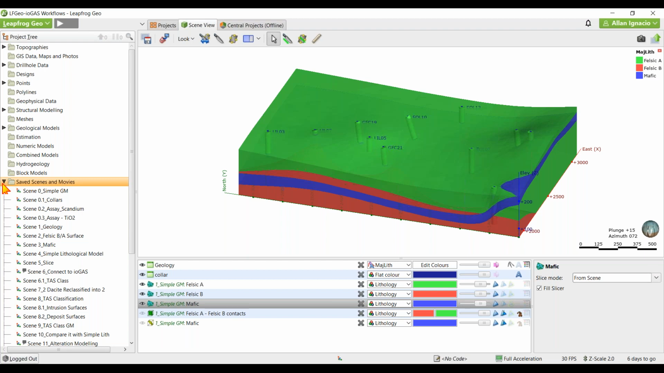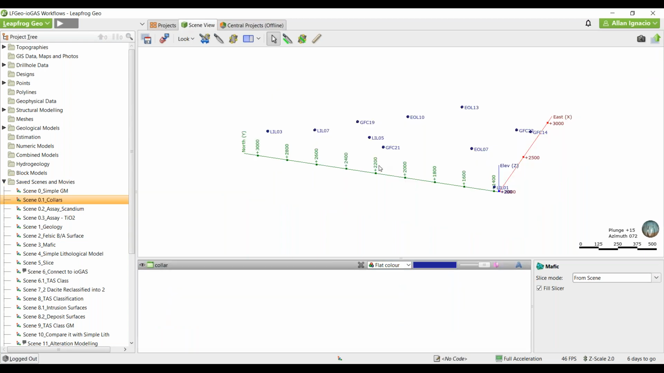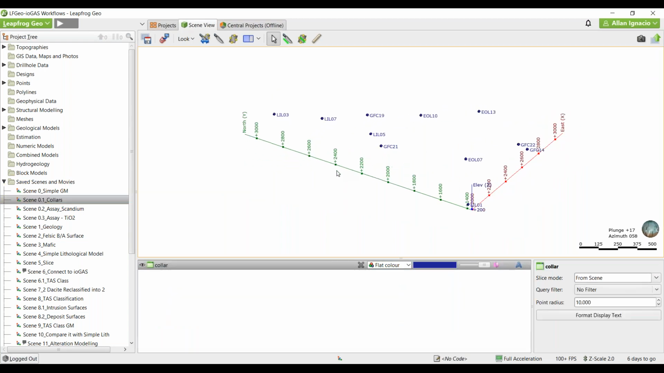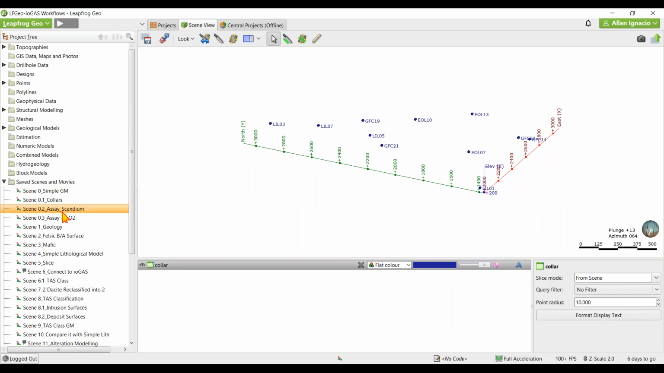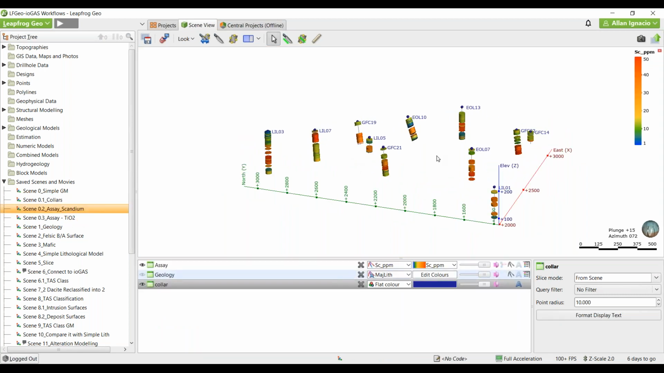So one of the more important features mentioned earlier is that Leapfrog Geo is dynamic in nature. So any changes that you make to the data will automatically be reflected throughout. I'm just going to go through the following save scenes now. So these are the colors of the drill holes. And I'm just going to display the assay now with scandium